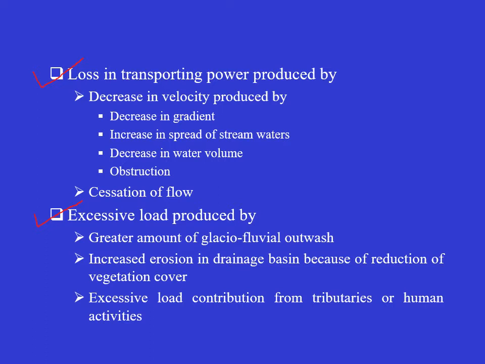That means it faces more resistance to flow, so velocity decreases. So the more surface area covered by a river, the more spreading of river water occurs, and the river velocity will be decreased. Decrease in water volume: if the supply of water through the river channel decreases, it is most commonly found in the seasonal rivers,